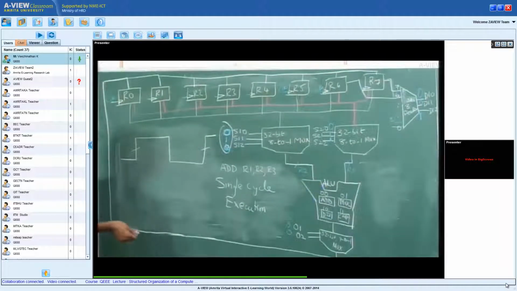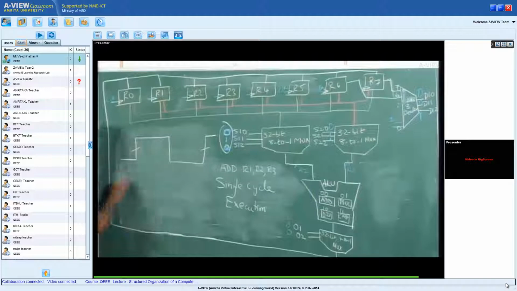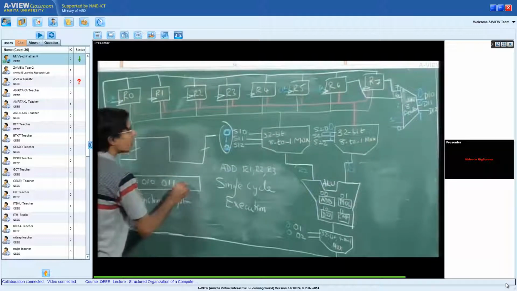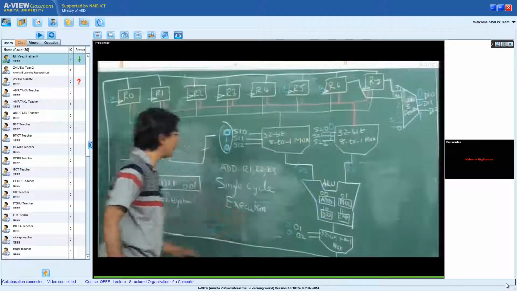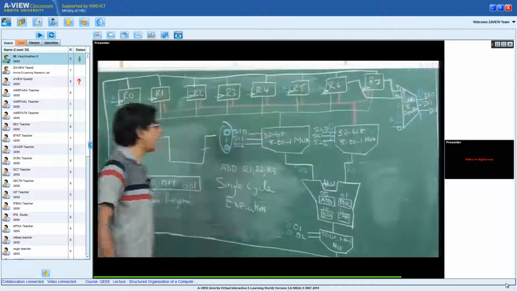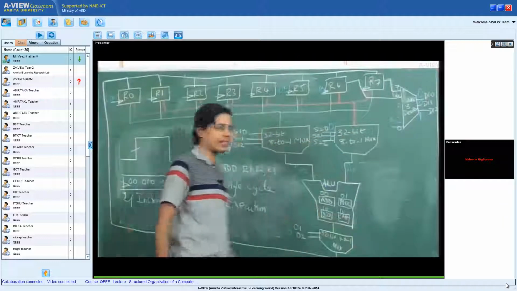What happens in the instruction decode stage is, when R1, R2, R3 is fed, there is something called a micro instruction register, which is also connected to the same clock, on which 000, 010, 011 and 001 would be loaded, where 000 corresponds to this destination, 010 corresponds to this, 011 corresponds to the second source operand, and 001 corresponds to the destination operand, which is applied to the decoder.